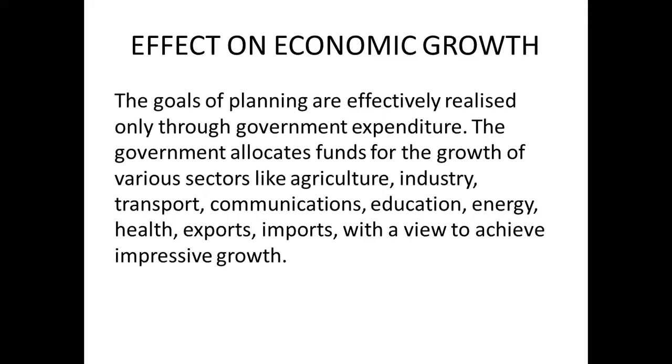So economic growth talks about the government spending huge funds on the various sectors, so that every sector of the economy can grow simultaneously, and as a result the entire economy can grow at a higher pace and reach a better level that has been targeted for the nation. So this is how the various sectors are affected by the allocation of public expenditure to the allied areas.